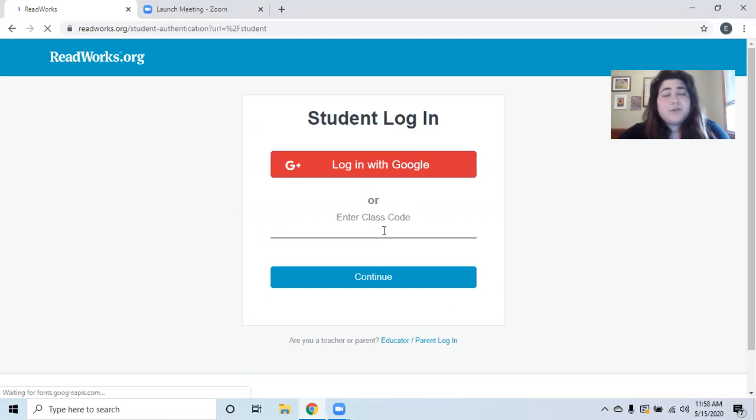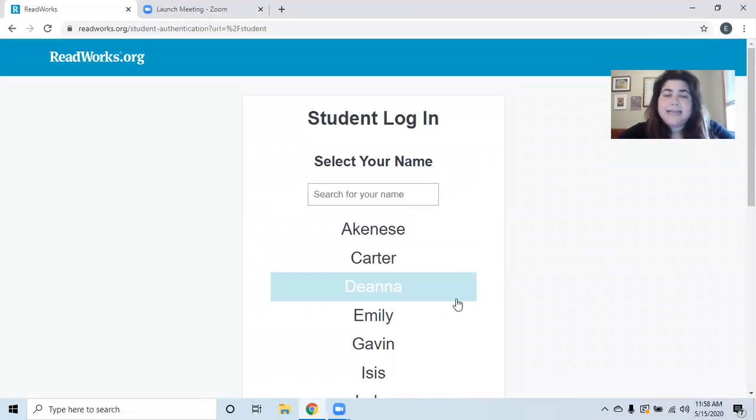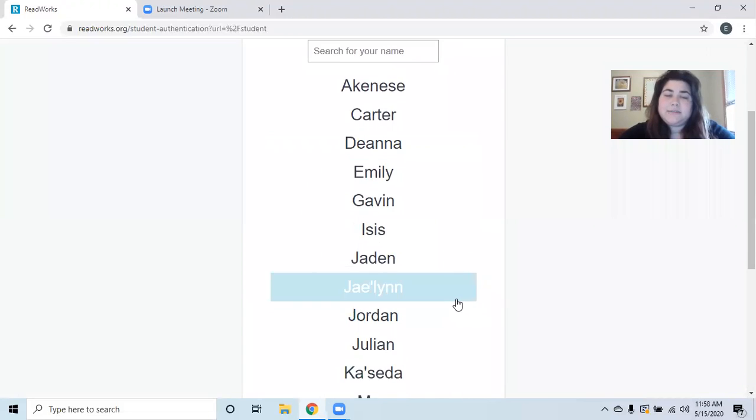The class code is also provided in the directions. It is ZBM4YP. If I click on this, I get a list of all of the different names of students that are